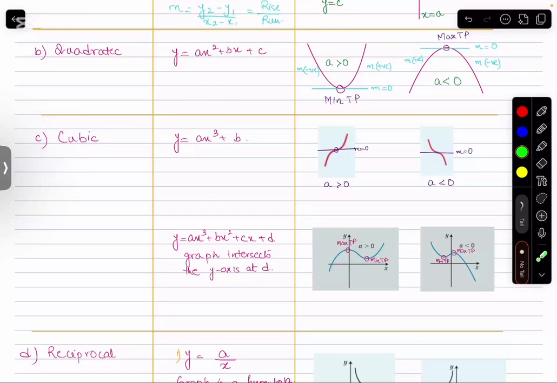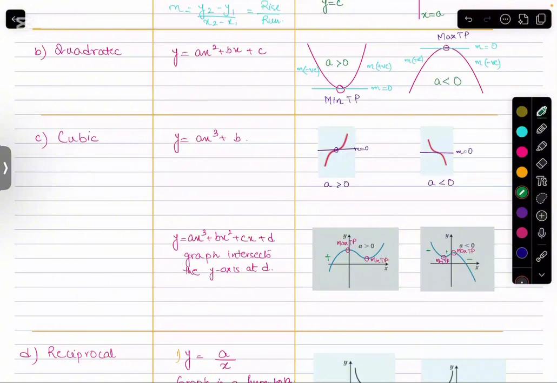यही case अगर a less than 0 है, मतलब a की value अगर negative है, तो it's just the opposite. First, you will be having a minimum turning point, then the maximum turning point, and then the curve goes down again. Meaning, on this side, यहाँ पे gradient value negative है because it's sloping down. After the minimum point, it's a positive, slopes up, and after the maximum point, again, it's the curve which is sloping down, therefore this is a negative.